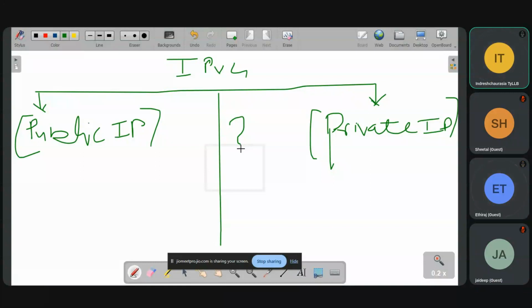When you first see public IP address or private IP address, what clicks in your mind? When I say public IP address, what does it mean to you?